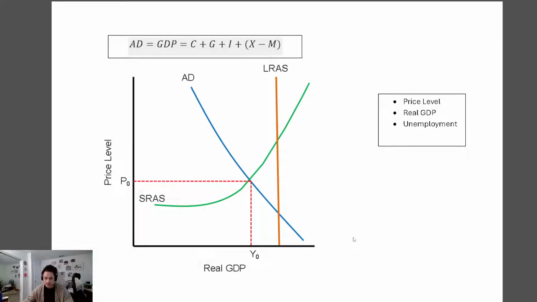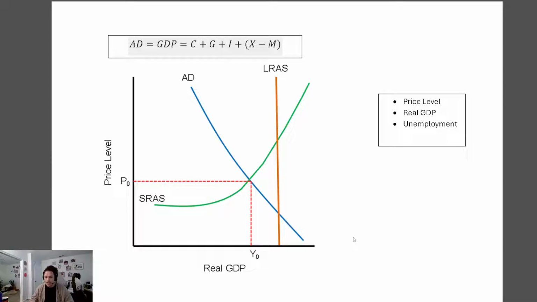All right. Hello, everyone. Today, I'll outline a couple of concepts to emphasize what happens when we shift one of these aggregate demand or aggregate supply curves, and how these impact our price level, real GDP, and unemployment. Those are our three major macroeconomic indicators, and we want to get some context as to when we influence one of these sides of our macroeconomy, what's going to be the overall aggregate impact on